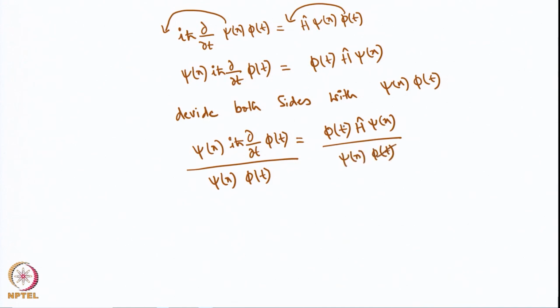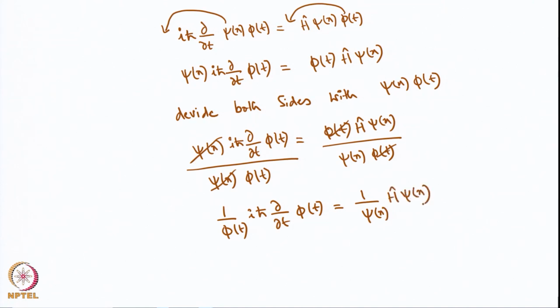Now, this phi of t will cancel on both sides in the numerator and denominator. This psi of x will cancel on both numerator and denominator. So, what you will get is 1 over phi of t i h bar d by dt of phi of t